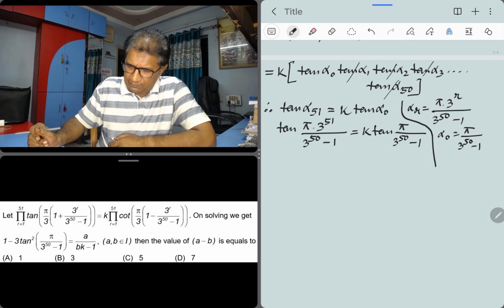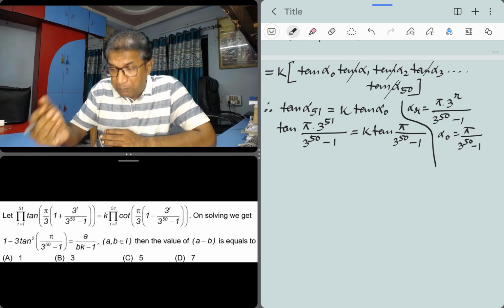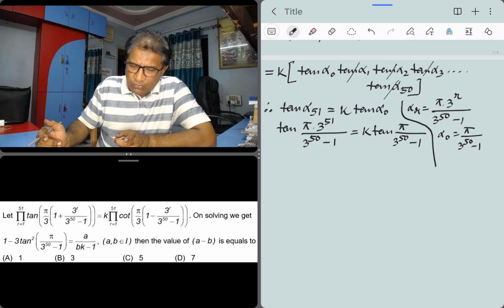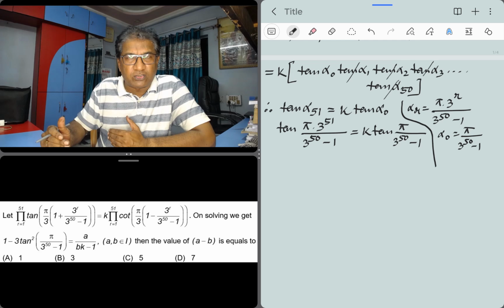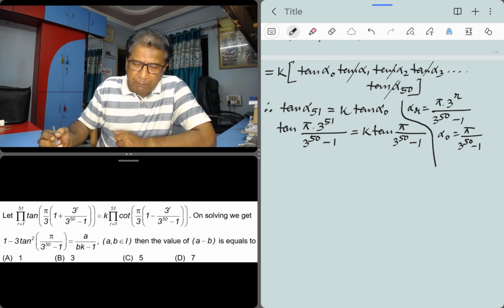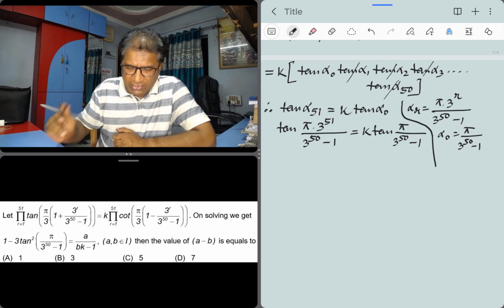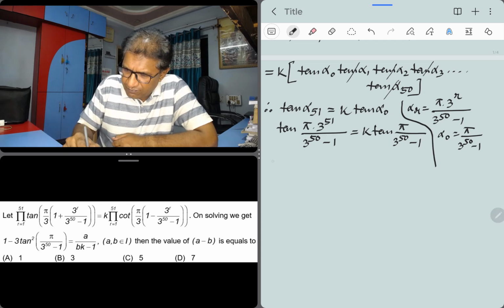Now, what to do? In the question, they have said that if we simplify this, we are going to get 1 minus 3 tan square pi over 3 to the power 50 minus 1 equals a divided by bk minus 1. You can see it on the screen. Well, how do we simplify this? Look at one thing, children: can I write this thing as